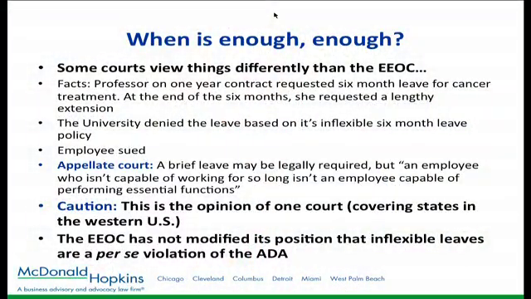Here, Huang was a professor, and she was going to be teaching for the fall, winter, and the following spring and summer semesters. Right before she was going to begin, unfortunately, she was diagnosed with cancer. And the university provided her with a 6-month leave as an accommodation. After the 6 months had passed, she still was incapable of returning to work, so she asked for more time. The facts of this case were there was no traction as to just how much time she was going to need to be out. It was an indefinite request.